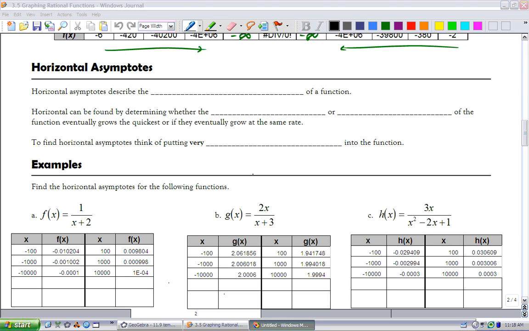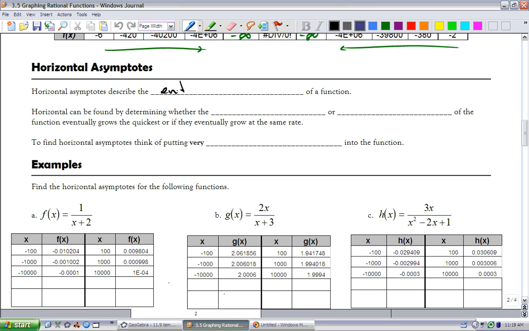Okay, going to look at horizontal asymptotes. Horizontal asymptotes describe what we call end behavior of a function. Okay, this is what happens on the outside edges of the function. This is really important that you understand horizontal asymptotes are different than vertical asymptotes in that,